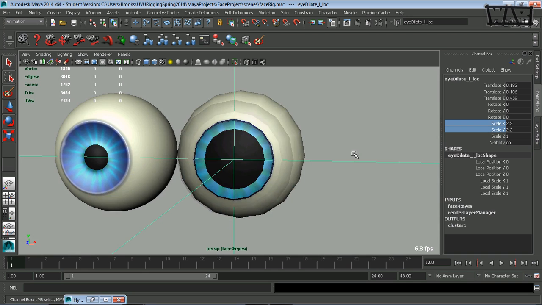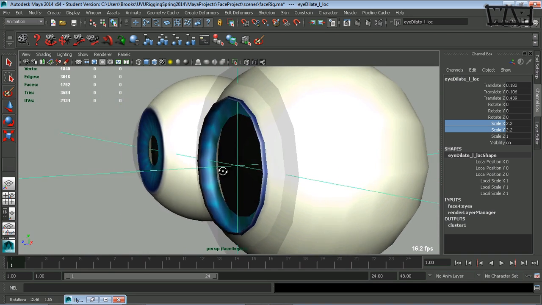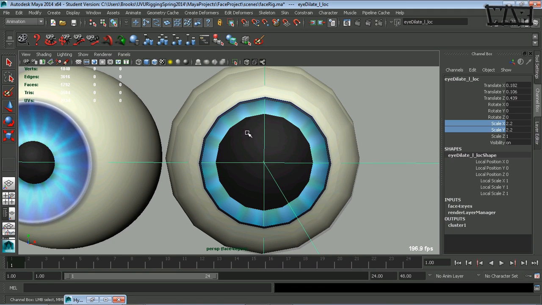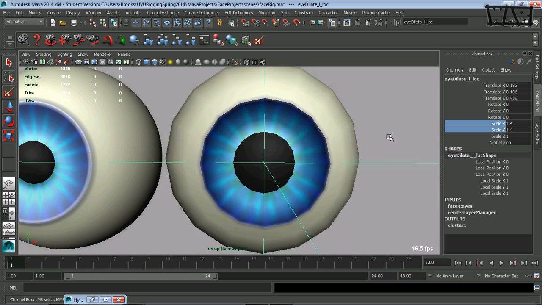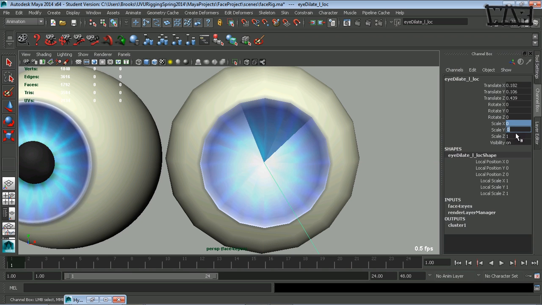Now, what's wrong is it's not a gradual dilating. It's not being dispersed over the geometry. Certainly, the pupil needs to be able to get larger, but we don't want all those vertices that aren't directly in the center to be changing as much as everything else. We want it to have sort of a fall off